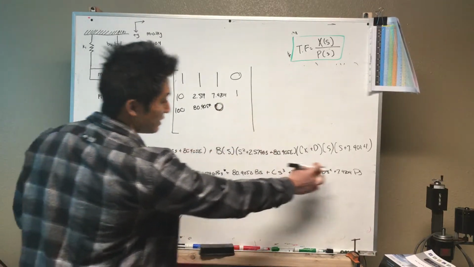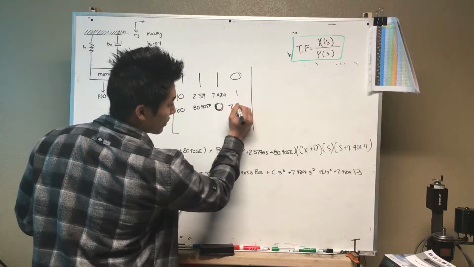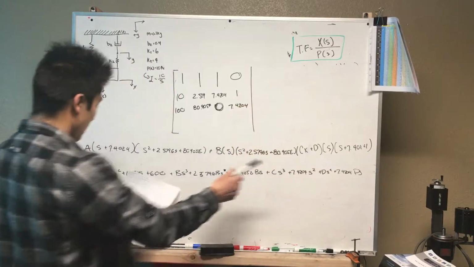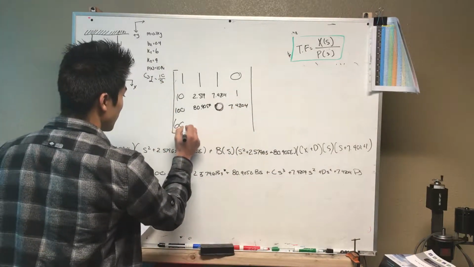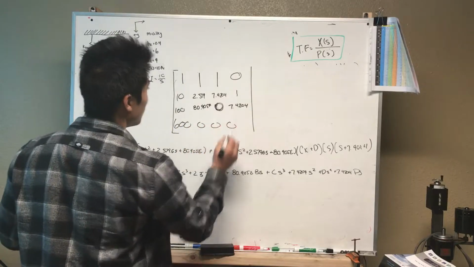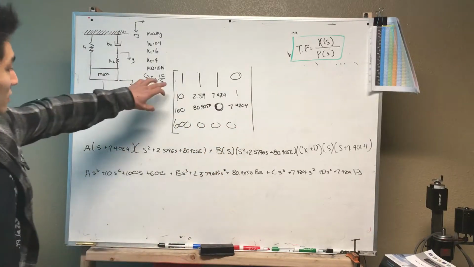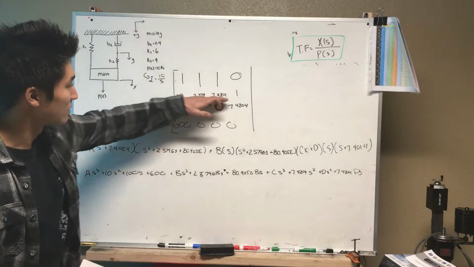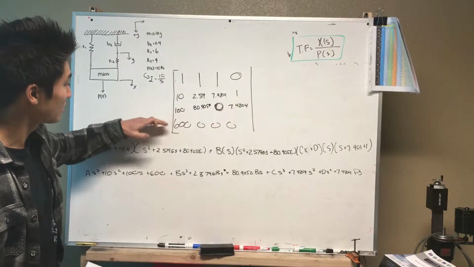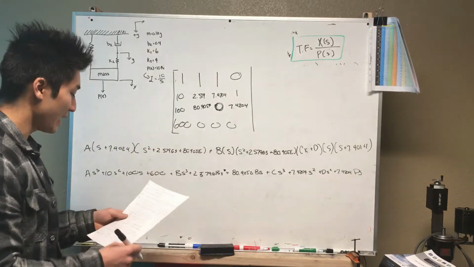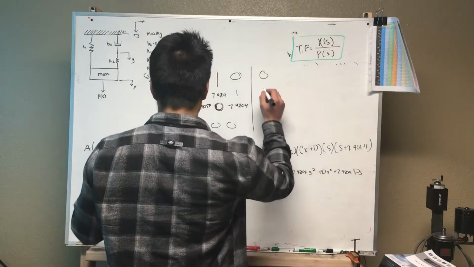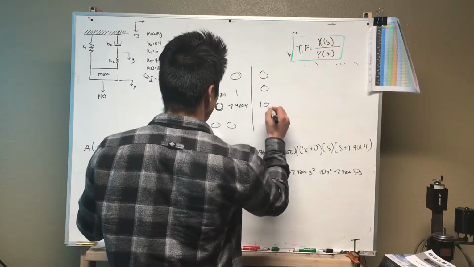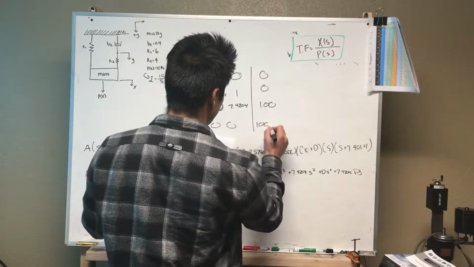That's a 0, and then D has a 7.4204 s, and then we have a 600, 0, 0, 0. So this is our s cubed, our s squared, our s's, and our 1's. And that has to be 0, 0, 100, 1000,